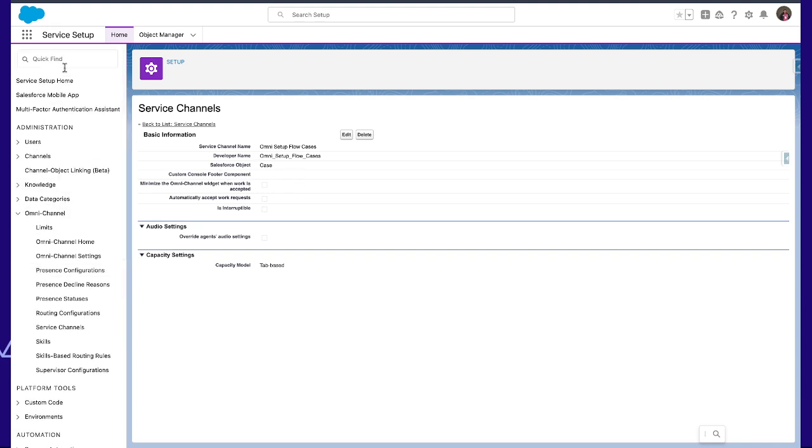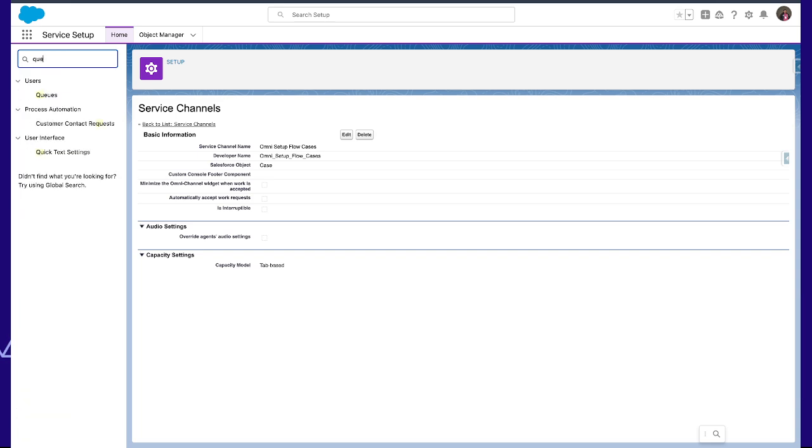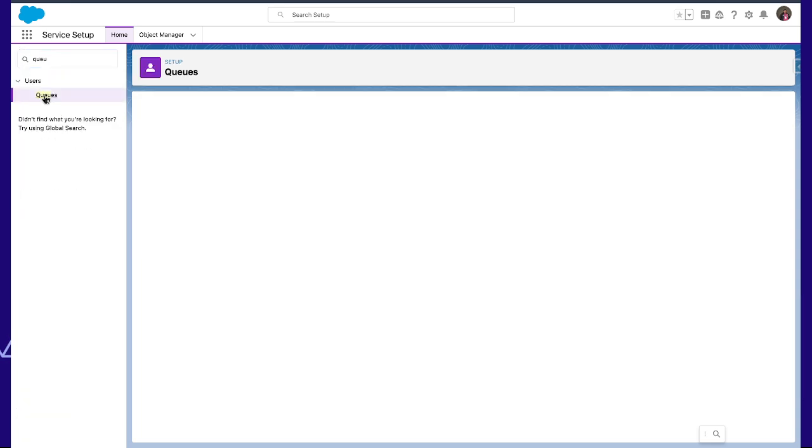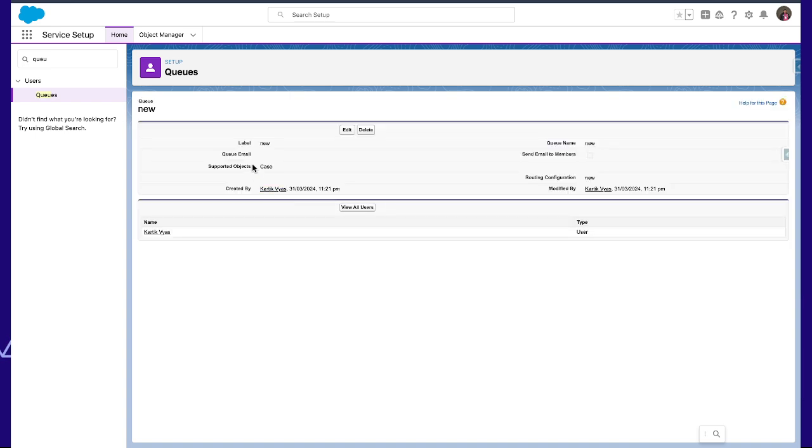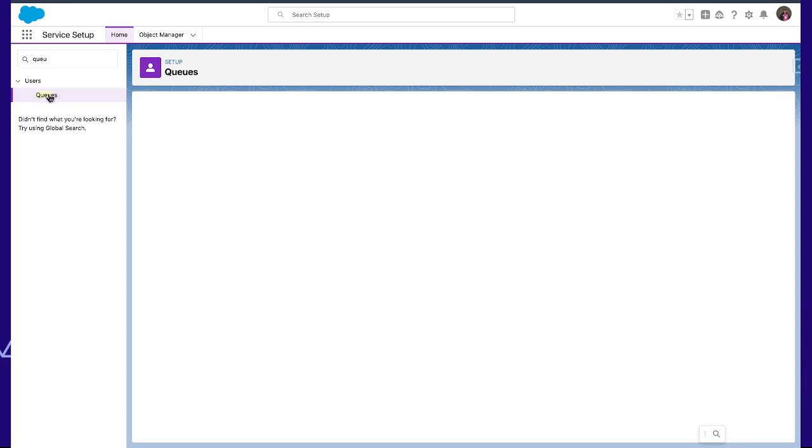Now we have to create a queue. I already created a queue called queue new, and its routing configuration is the old one, but we created a new routing configuration called test routing.